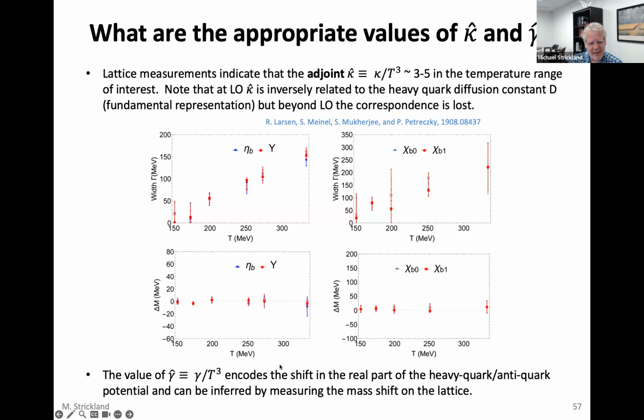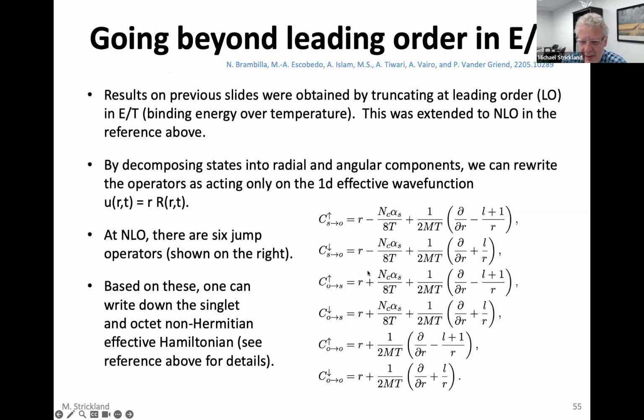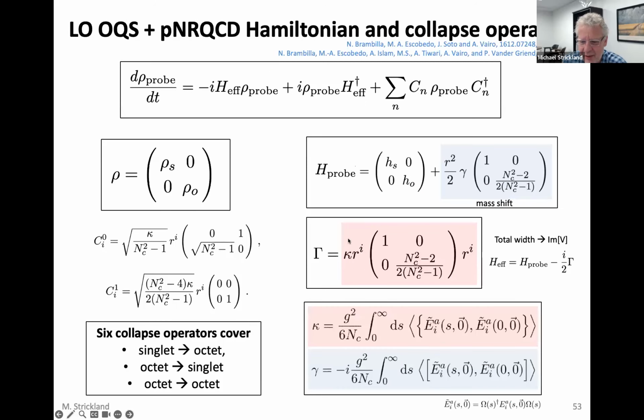And one of the surprising things that came out of this calculation is that, well, we expected there to be a width. Their width is quite large, but based on, I guess, perturbative expectations. But you can use this now as input. By measuring the slope of this line, you can infer what is the value of this transport coefficient kappa